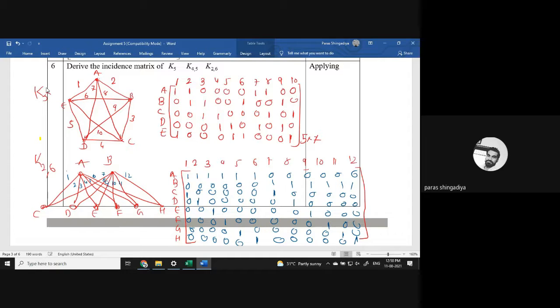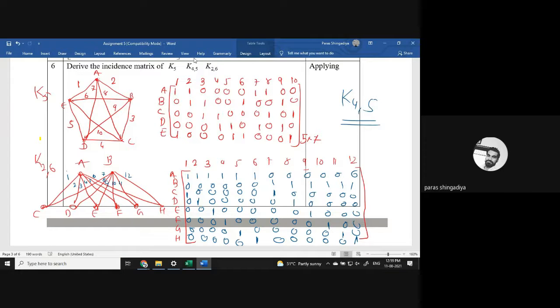okay. And now verify that each and every column should contain 1 exactly 2 times, that is, every column should have two entries of 1, okay. So now it is correct, each and every column has 2 times 1, clear. Okay, so second is K45, that is for your practice. 5 into 4 is 20 edges and 9 vertices, so the matrix for K45 is for your practice.